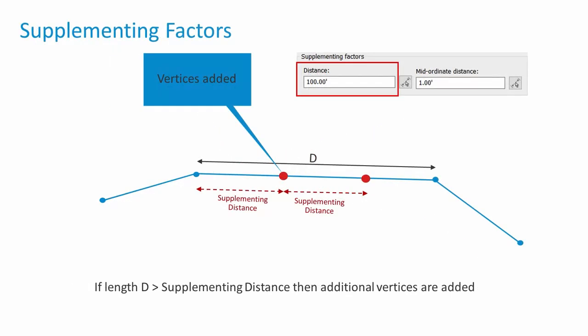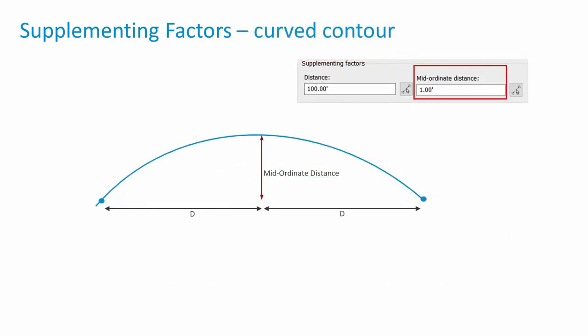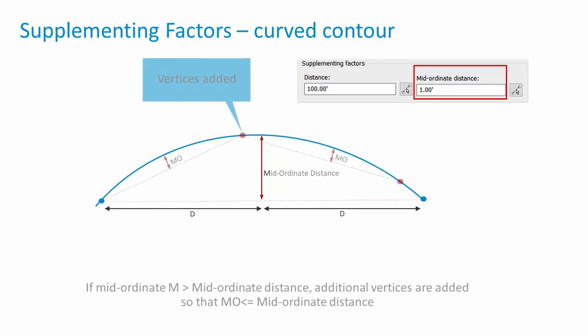Supplementing factors control the insertion of interpolated points to ensure similarly sized triangles are created. If the distance between two contour vertices is greater than the supplementing distance, then additional vertices are added. If the contour lines are curved, then additional vertices may be added around the curve so that our surface triangles will match the contour more accurately. If the mid-ordinate distance of the curve segment between two vertices is greater than the supplementing mid-ordinate distance, then additional vertices are added so that the separation of surface triangle sides and our curve will match the